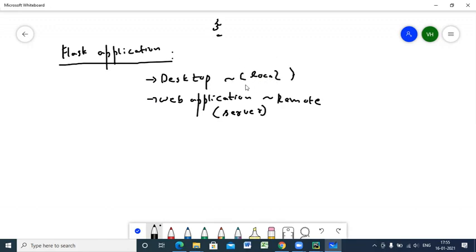But if you want to make your application work remotely, for example, my application is there somewhere in India, and someone from the US wants to access this application. This is India and this is US. Now, if you want to access my application from the US, you can have the connectivity through the server. There will be a server in India. To this server, whatever application is there, you can get access to it. This is called a web application. Basically, a web application means accessing from a remote location, that is, we can access it through the net, the internet, or the website.